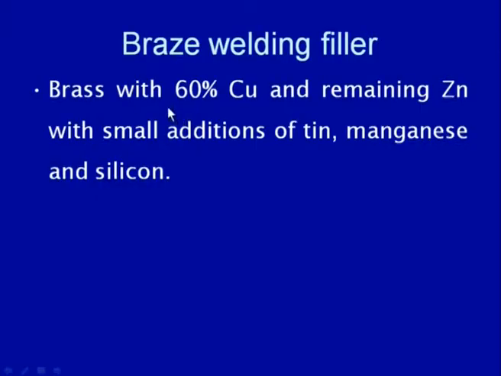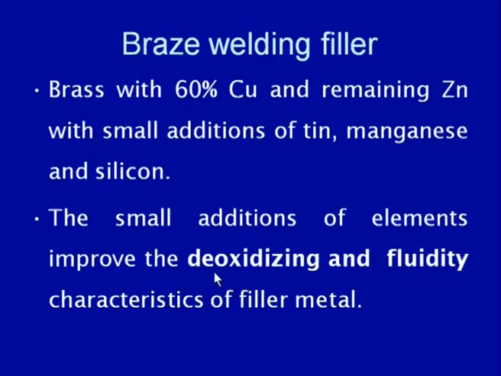The material commonly used for braze welding is brass, which uses about 60% copper and the remaining amount zinc, with a small amount of tin, manganese and silicon. The small addition of these elements helps improve deoxidation and the fluidity of the filler material, so that all areas of the groove can be filled by the filler material